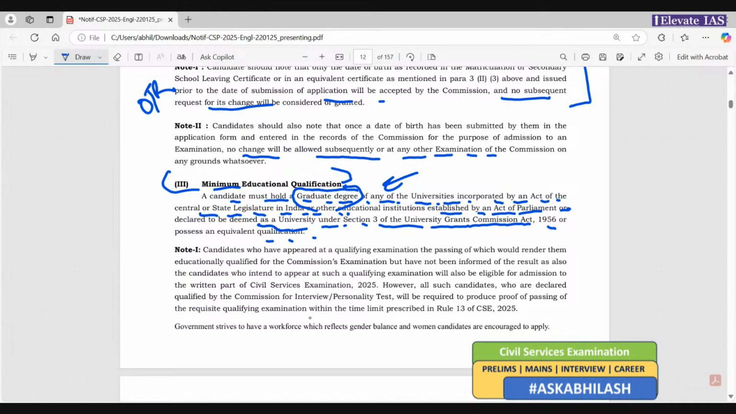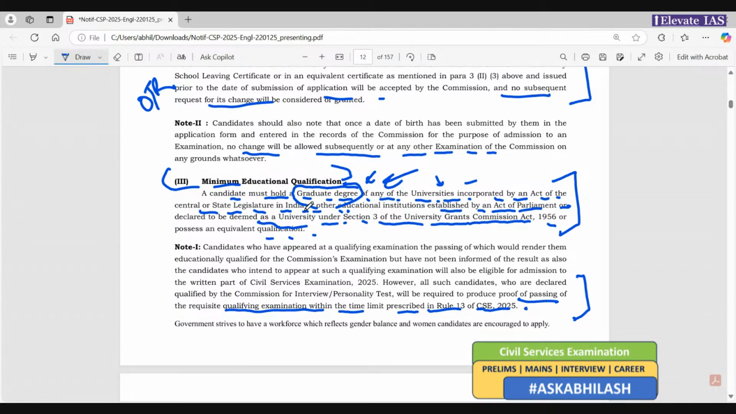However, all such candidates declared qualified for the commission's examination will be required to produce proof of passing the required qualifying exam within the time prescribed under rule 13 of CSE 2025. तो सबसे पहला, ग्रेजुएट डिग्री, सब्जेक्ट का कोई नहीं है, ग्रेजुएट डिग्री होना चाहिए यूनिवर्सिटीज incorporated under the act of central और state legislature और institute by act of parliament, under the deemed university under section 3, UGC Act 1956। आपका इंस्टीट्यूट यहाँ से होना चाहिए, वेरीफाइड। ग्रेजुएट इज द मिनिमम रिक्वायरमेंट। एंड आप पास किए हो कि नहीं किए हो, फाइनल ईयर में भी आप अपियर हो सकते हैं as per the rule 13 of CSE 2025।